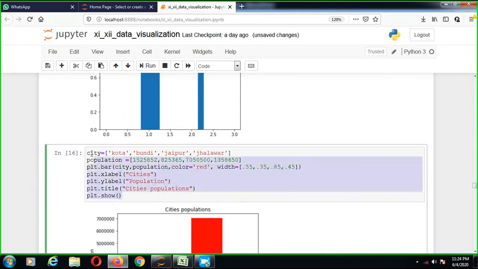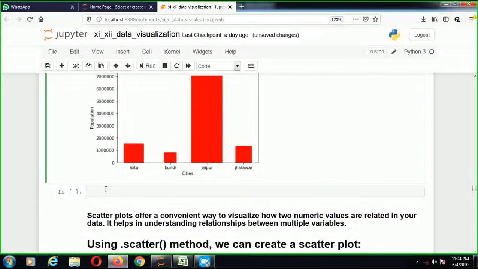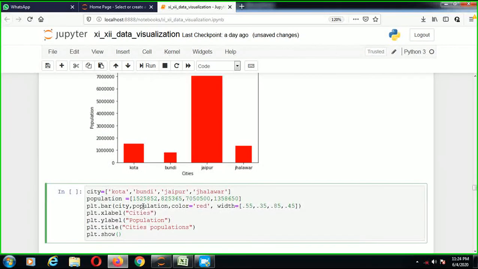So we just copy this text of the bar graph and paste it over here: plt.bar cities, population. So we just mention color, and we use a square bracket, and close this bracket, and we just mention, suppose, red.